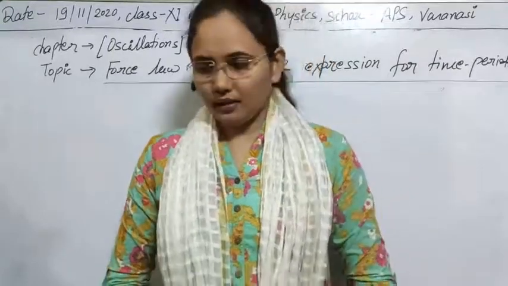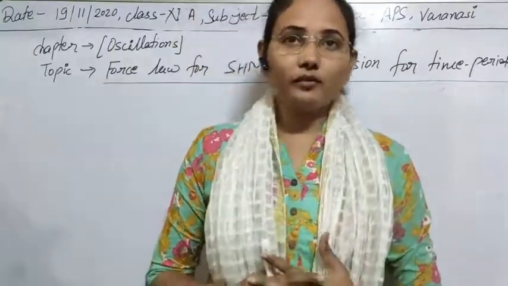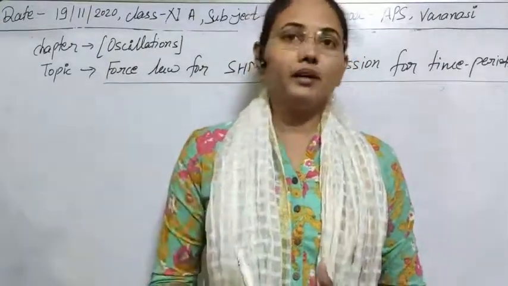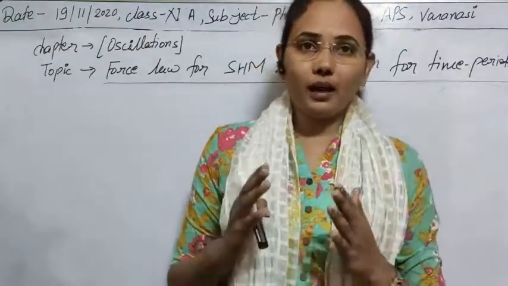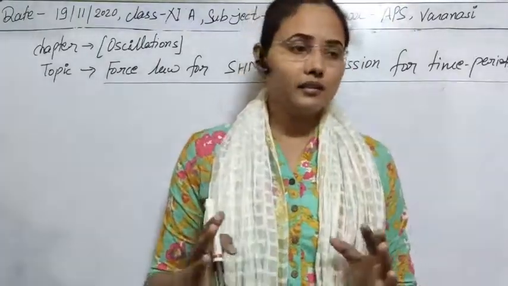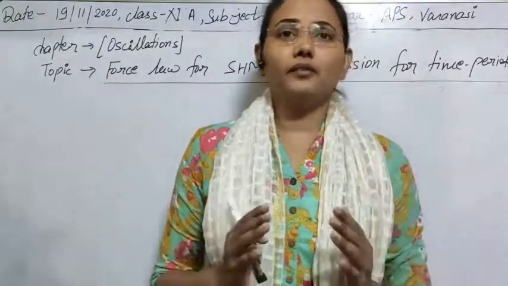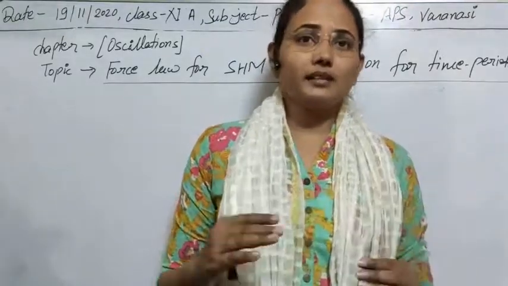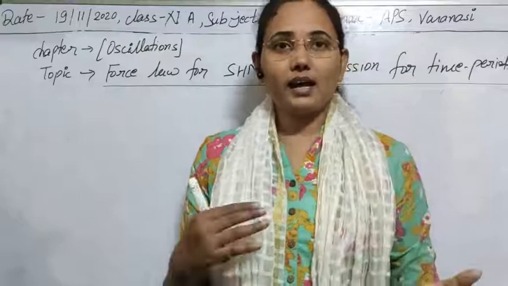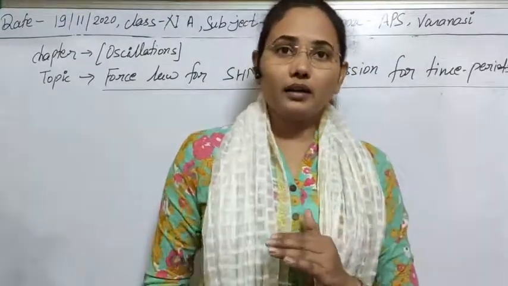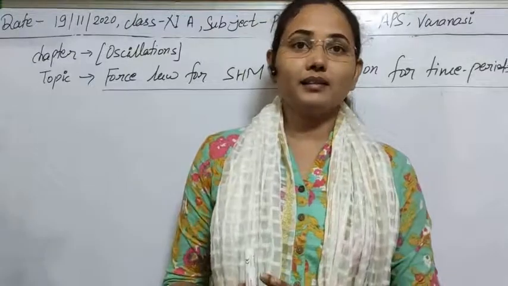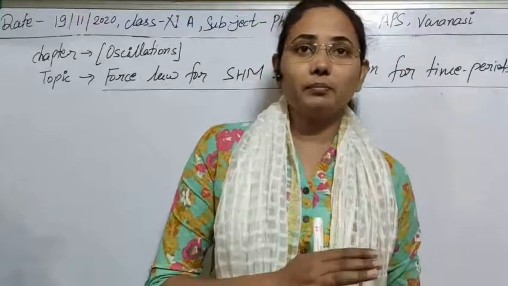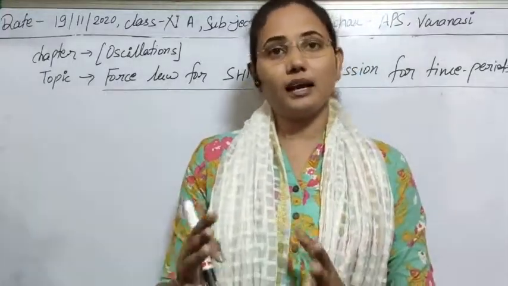Hello students. Yesterday we have seen the case of forced harmonic oscillation, and I think till this time all the concepts about harmonic oscillation are clear to you, as I have taken the summarized form of all of the oscillations. Firstly I explained simple harmonic oscillation. After that I tried to clear you about the real oscillation, that is damped harmonic oscillation, and after that how we can convert it into the simple harmonic oscillator using forced harmonic oscillation. I have just explained it.